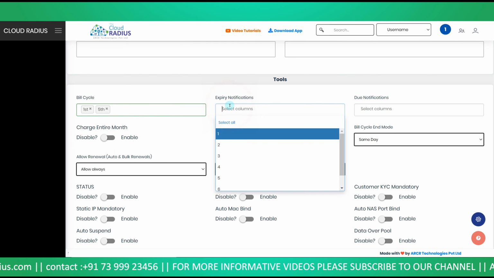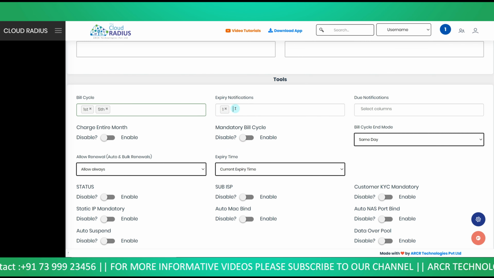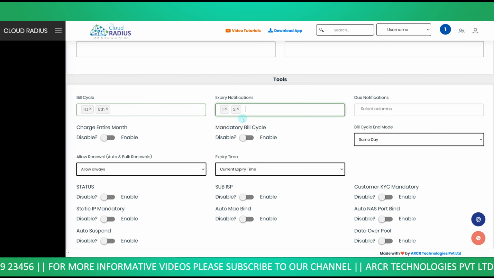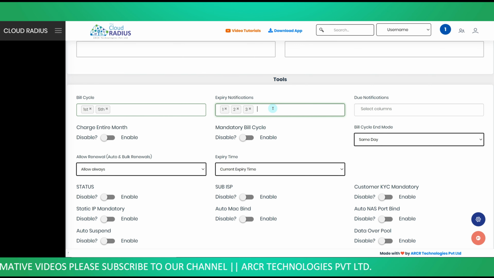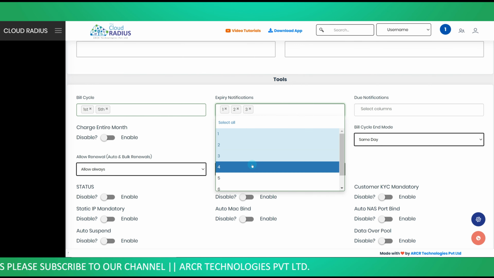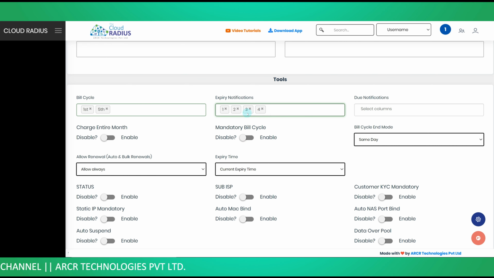Expiry notifications. You can send expiry notifications to your customers before the user account expiry by selecting the days below. If you select 2, then the expiry notifications will be sent 2 days before. In the same way, if you select 1, 2, 3, 4, 5, then the expiry notifications will be sent before